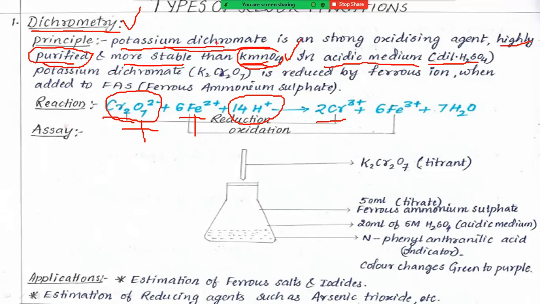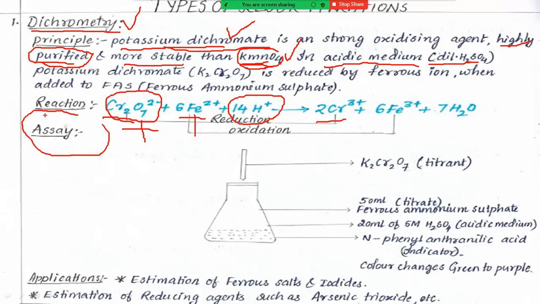Here the potassium dichromate is a primary standard solution. So that's why it has 99.9% purity. So potassium dichromate does not need any standardization procedure. That means it is already standardized, already purified. So that's why potassium dichromate doesn't have any standardization procedures, right? Here this potassium dichromate will be useful for standardizing other substances. Why? Because this is the primary standard solution. Okay. All right. So that's why here we can see the assay.